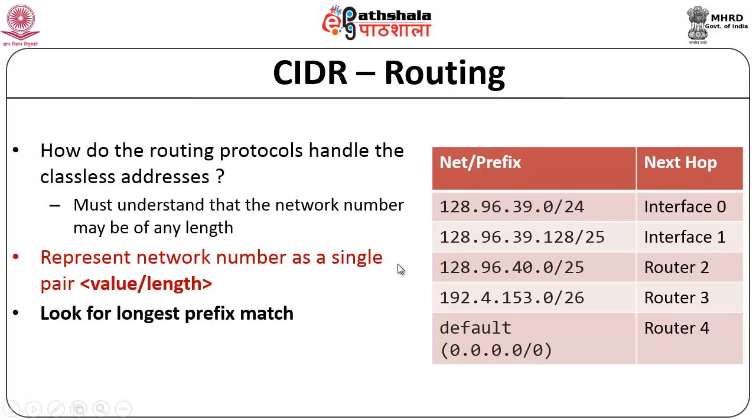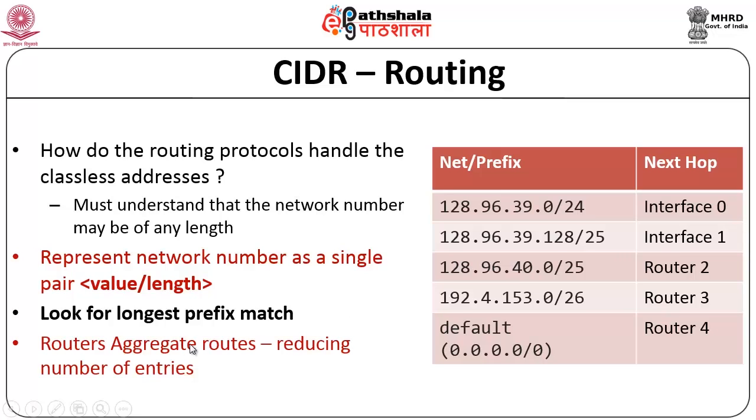So, when a packet arrives at the destination address, you pick out the destination address and apply the mask with whatever prefix number you have, and you check whether it matches the corresponding network address. If it matches the network address, then you send it to the corresponding next hop. What is important here is that we need to look for the longest prefix match, because as we saw,